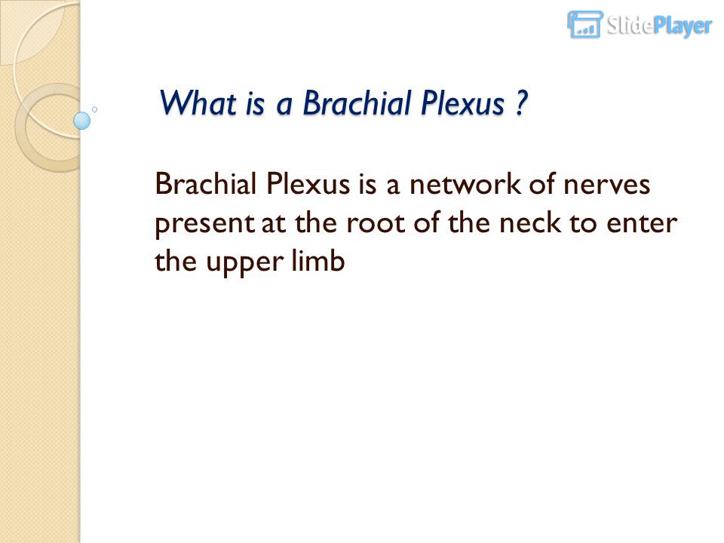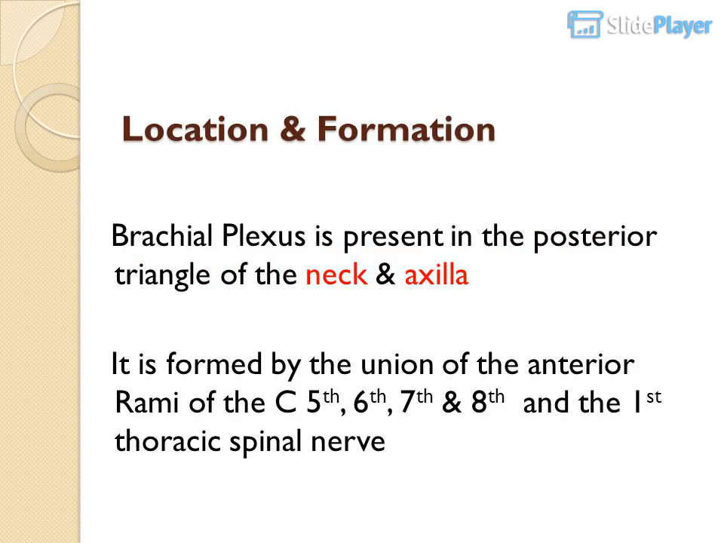What is a brachial plexus? Brachial plexus is a network of nerves present at the root of the neck to enter the upper limb. Location and formation. Brachial plexus is present in the posterior triangle of the neck and axilla. It is formed by the union of the anterior rami of the C5, 6, 7 and 8 and the first